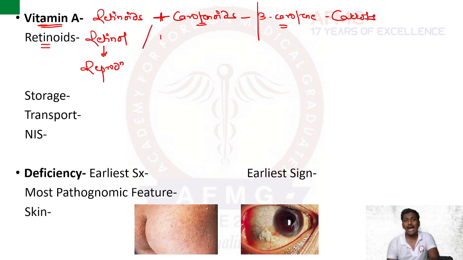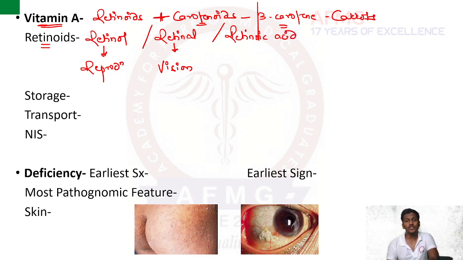The second is the aldehyde form, which is called retinal, and as we all know, 11-cis retinal is converted to rhodopsin and then to meta-rhodopsin 2, which is usually in the Wald visual cycle, and it is responsible for vision. And the third is the carboxylic acid form of retinoids, which is also known as retinoic acid, which has